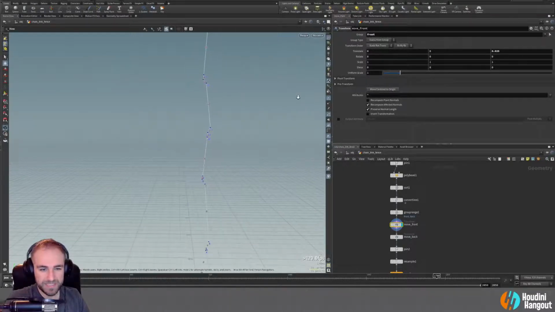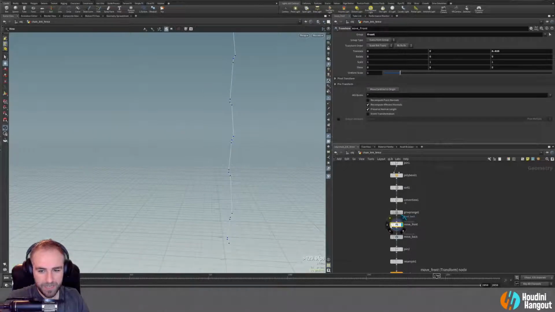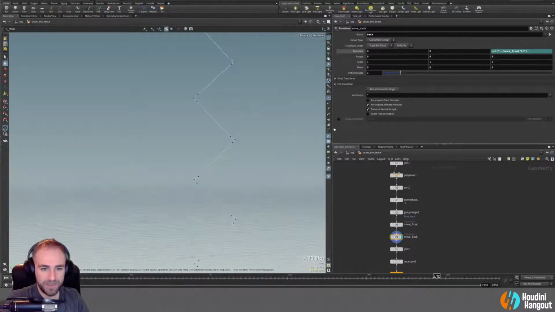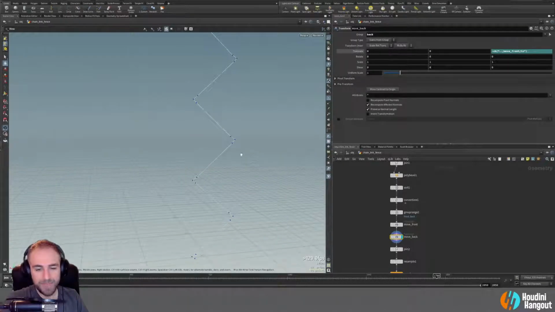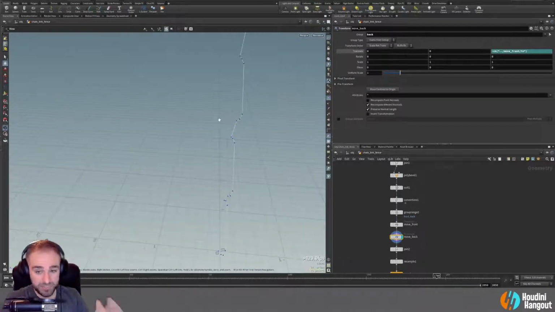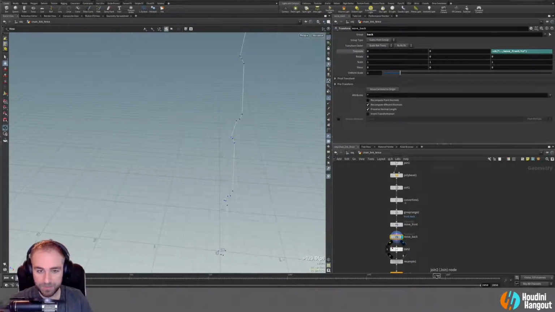And if we look at from the side, I'm going to turn these off just so we can see a little better what's going on here. If I hit the bypass flag, you can see that those primitives are moving. And then for the move back, those other primitives are moving. And so now I've got this zigzagged pattern where the corners are still in space where they should be, and these other primitives have been pushed kind of out, forward and backwards, and that allows me to then